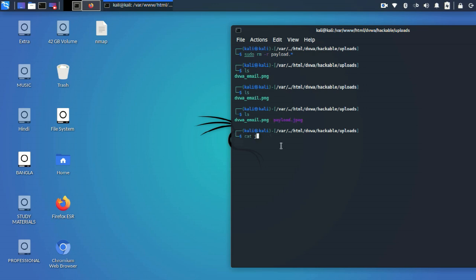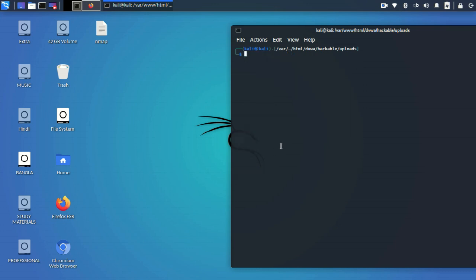Yeah, but our main file is a PHP file. Since it is saved as a JPG file, our purpose is not solved, because that PHP code will not be executed. Whatever code is written inside, for us it's a simple sample code, but suppose it might be an executable code which will give you a connection, or which will give an executable shell to that particular server.